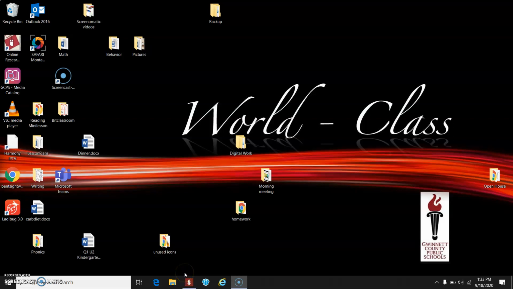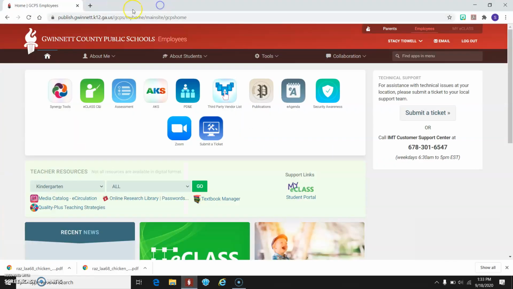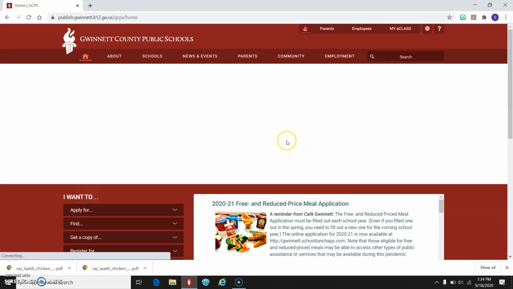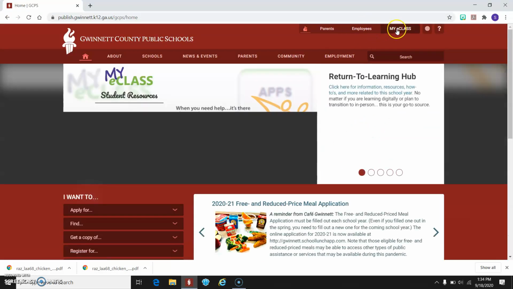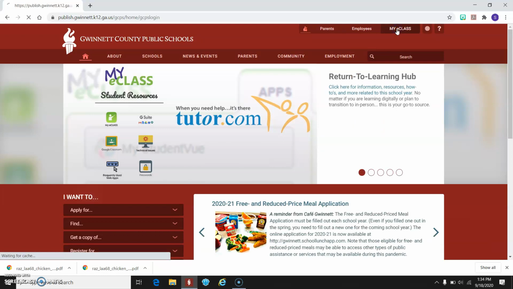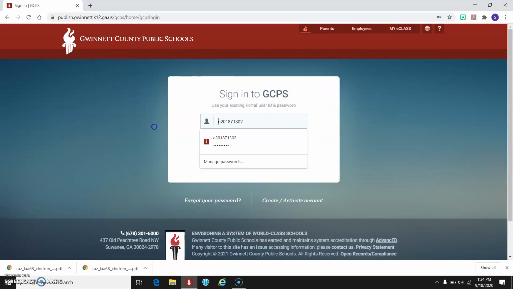Okay, I'm going to show you how to log in for her eClass and also Raz-Kids and Mathseeds. So when you click on here, I'll log out and log in as her. It looks a little different, but My eClass is at the top, and then you'll put in her number,